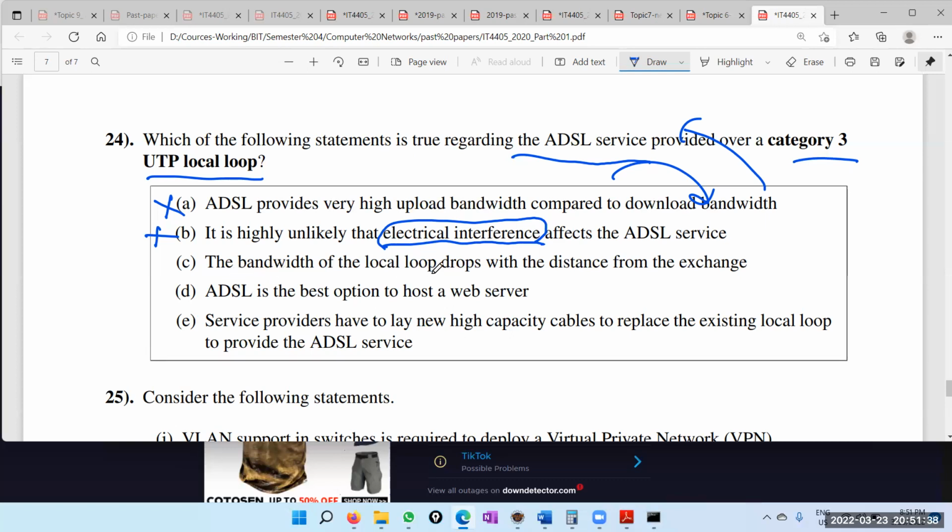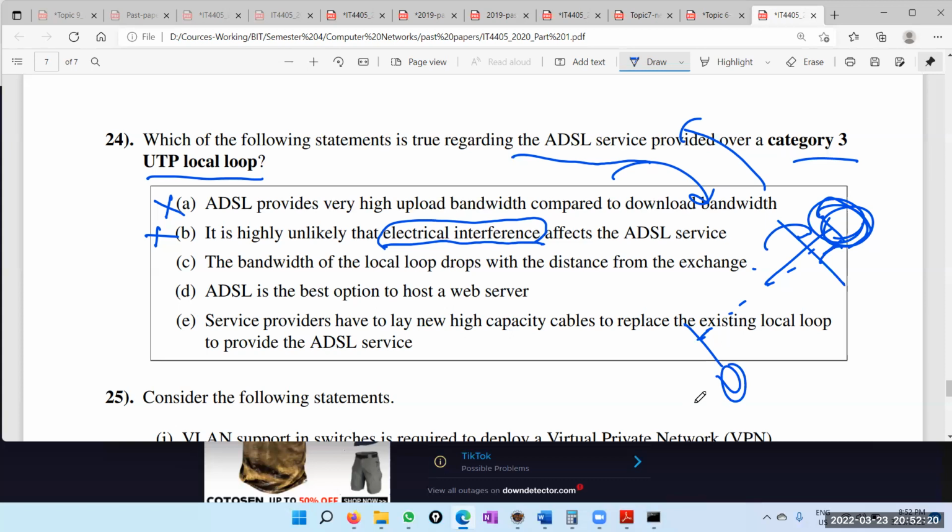The bandwidth of the local loop drops with the distance from the exchange. So that is a very famous point, right? In ADSL, if you are close to the ADSL point, you get a higher bandwidth. But if you are far away from the ADSL point, you get a very slow internet connection. That is one of the biggest disadvantages of ADSL. So the people who are close by the main roads get high speed. If you are in a lane far away, you get a slow internet connection. That is one of the main disadvantages of ADSL, which is not the case for fiber optics